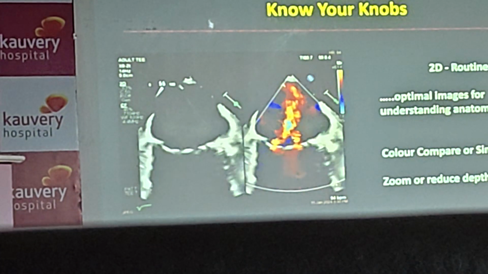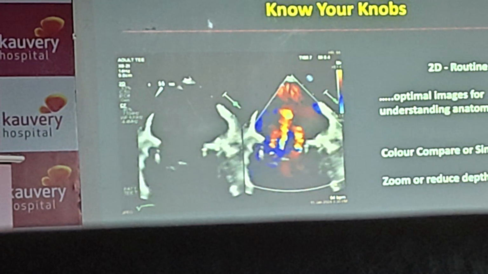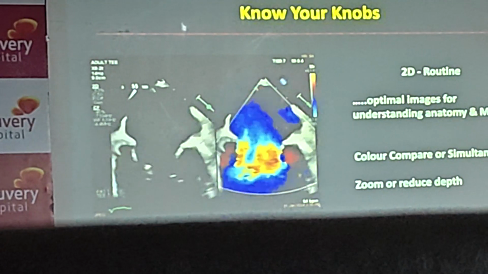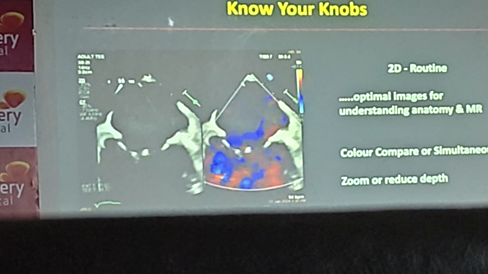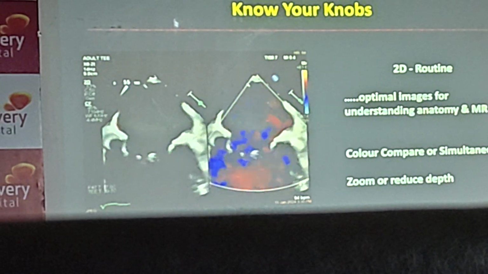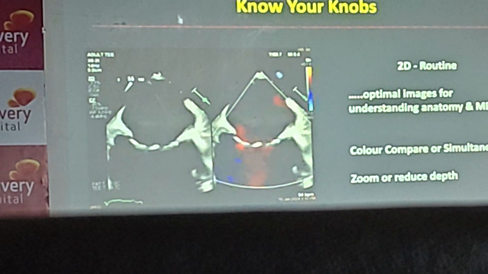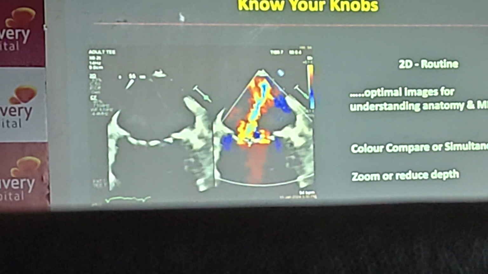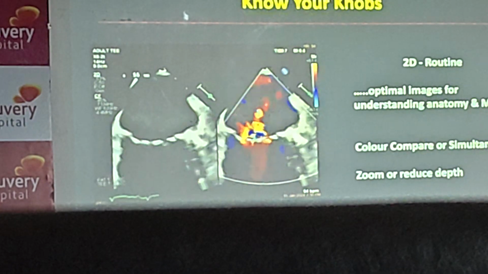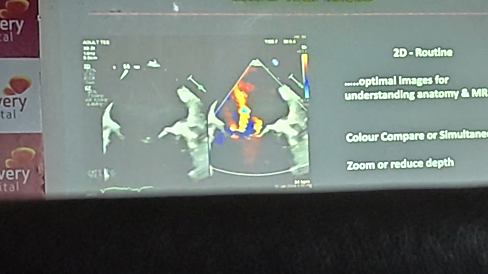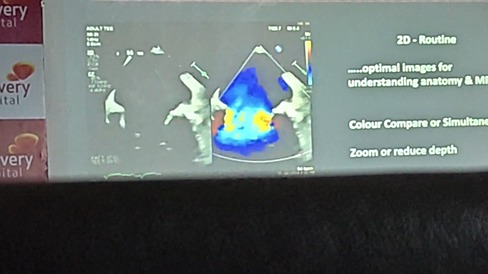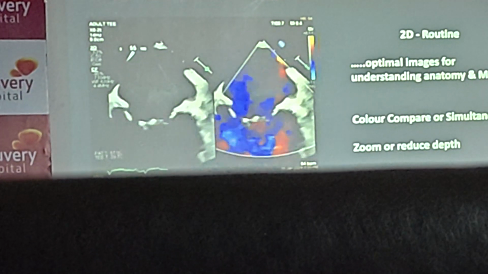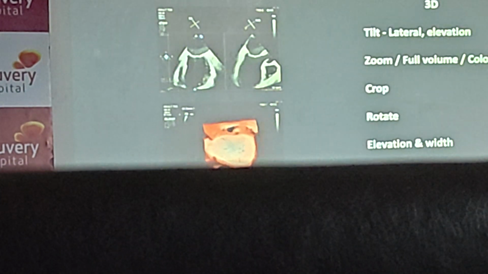So first and foremost, anything which you want to do in terms of 3D, you have to know your knobs. This is where a lot of people do get a little challenged in terms of how to get a good image. So you have to spend a little time, and I would say that it's not so difficult these days because the knobology has become a lot better in terms of how the industry is providing it, but definitely you need to know your knobs.